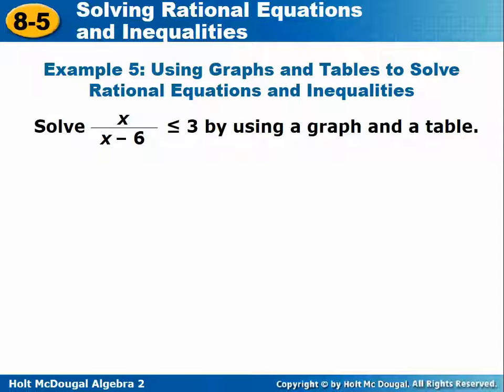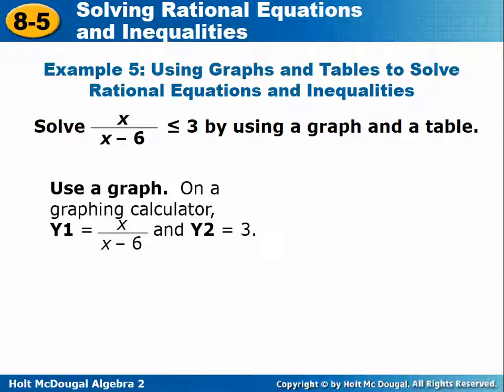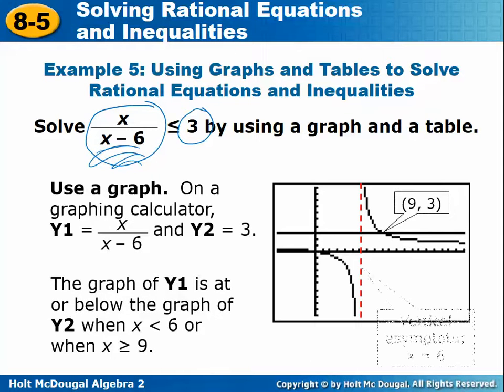So here's x over x minus 6 is less than or equal to 3. If we were to graph the left side and then graph the right side, we could see when this expression, it's not a function, this relation, when is that less than the horizontal line of y equals 3? That's what we're going to be looking for. Maybe it is a function. So here we have this hyperbola here, the curved lines, is x over x minus 6, a rational function. And I also graphed on here